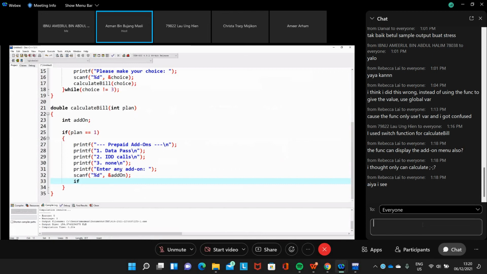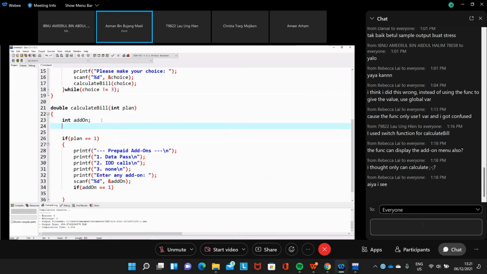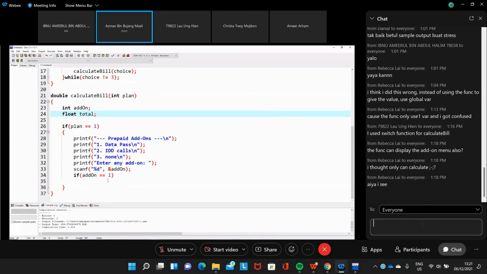If add-on, we need to check this add-on equal to 1, then we need another variable, a float, the total. So if it is 1 with the data pass, then we do the calculation.